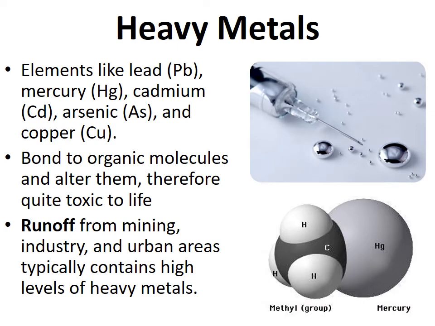Let's talk about another type of pollutant, heavy metals. Heavy metals are elements like lead, mercury, cadmium, arsenic, and copper, which can be toxic to life. The reason they're toxic to life is because they bond to organic molecules like the ones that we're made of, and they change the structure of those organic molecules. They cause them to fold and bend in different ways and stick to different things,